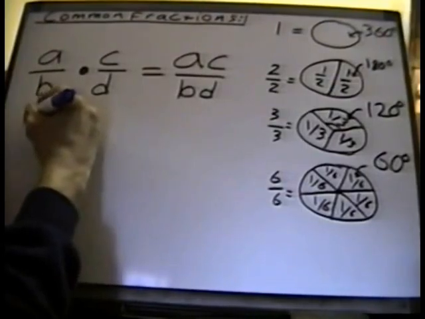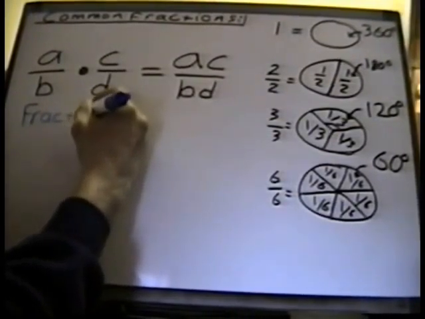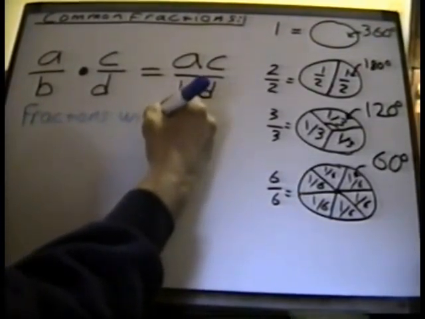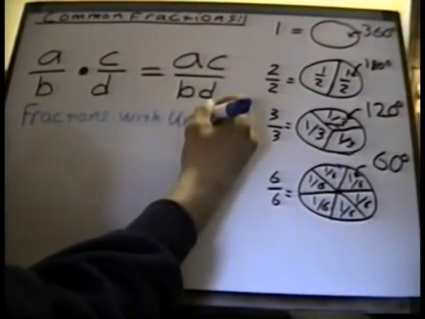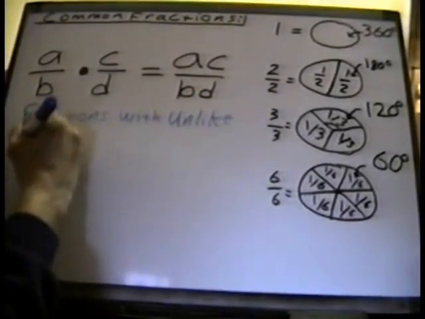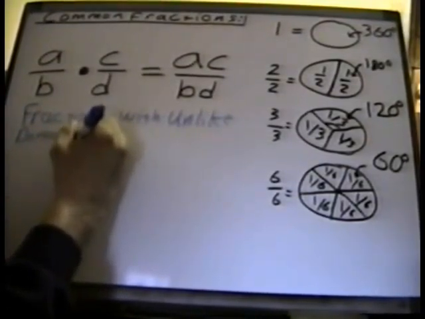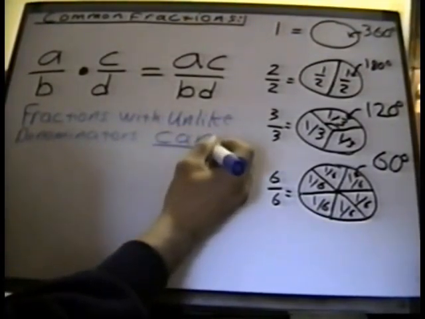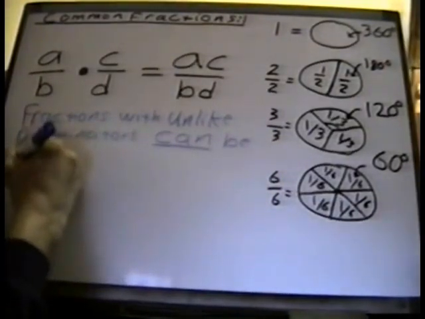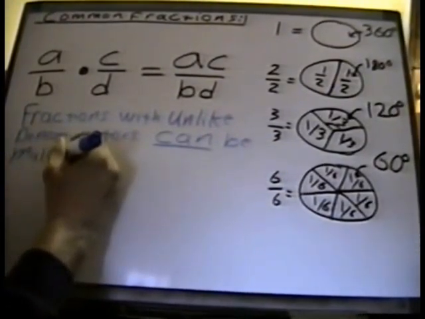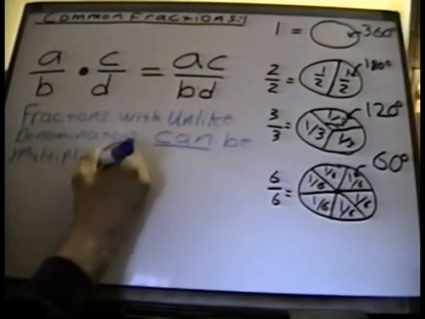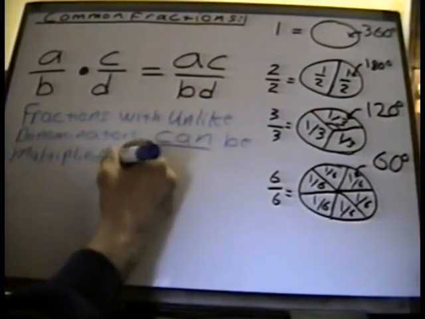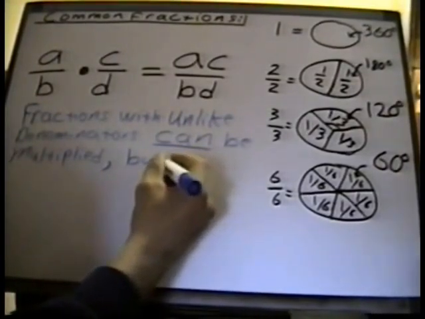So we say that fractions with unlike denominators can be multiplied. They can be multiplied, but cannot